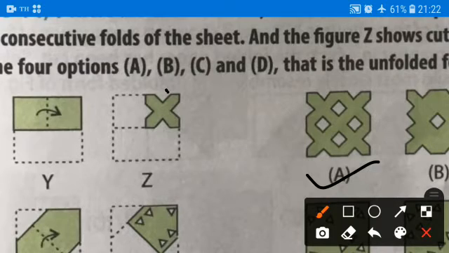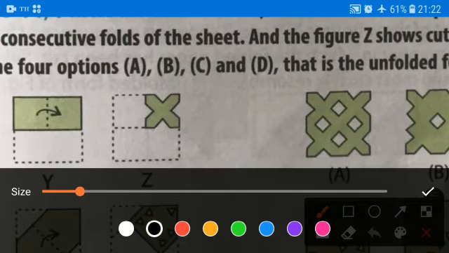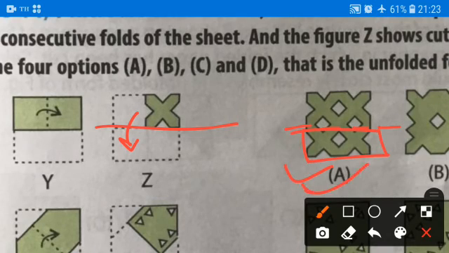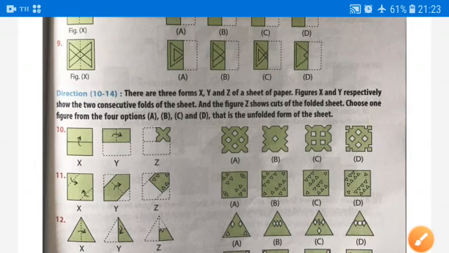If I unfold it, first I will get this much part, this top part, this half part. Then unfolding to here, I will get this much half part. So the correct option will be option A. Now moving further.